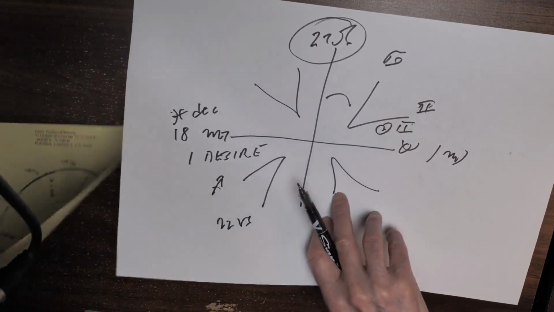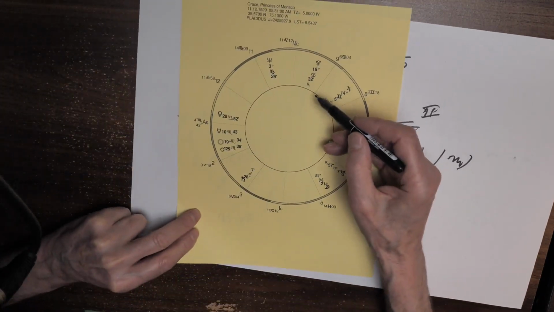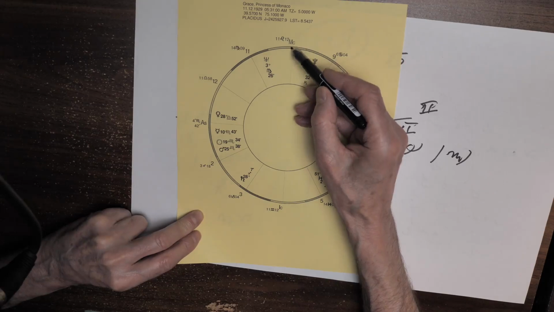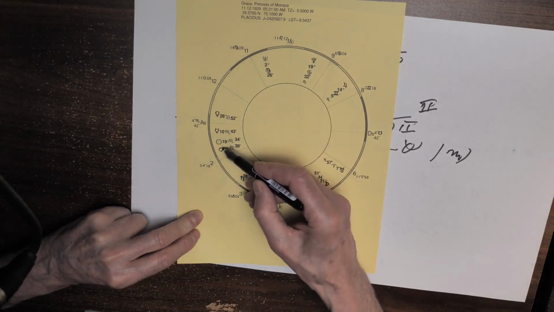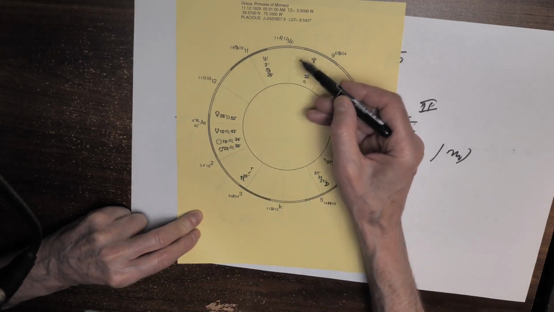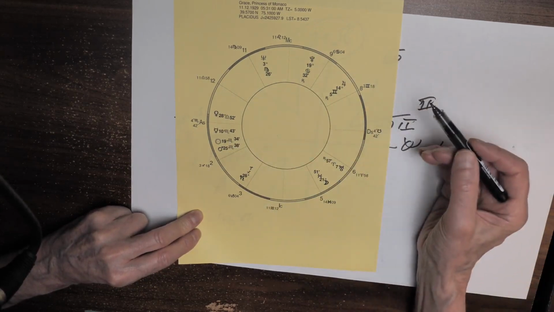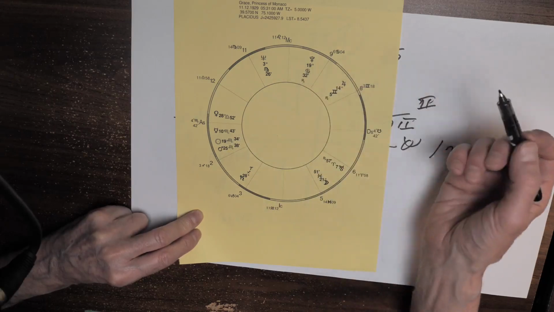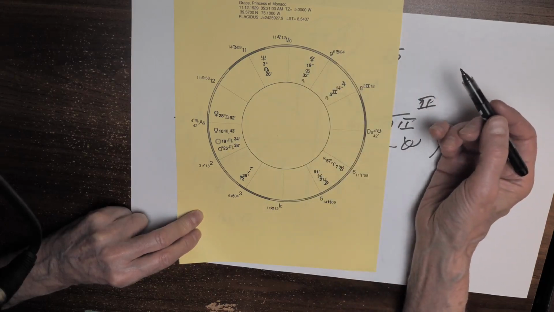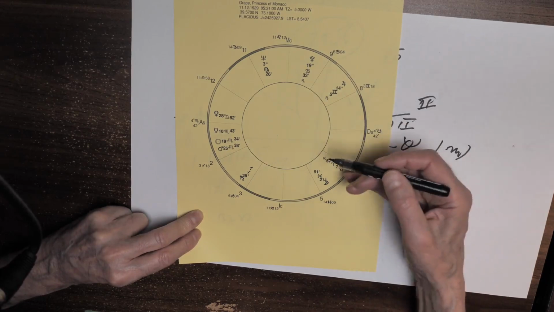Princess Grace, on the other hand, she's got Leo here in the 10th house and the sun in the 1st. Her career was being herself. And she was an actress, sometimes with Alfred Hitchcock. But then she became Princess Grace of Monaco. She was like a celebrity in her own right.